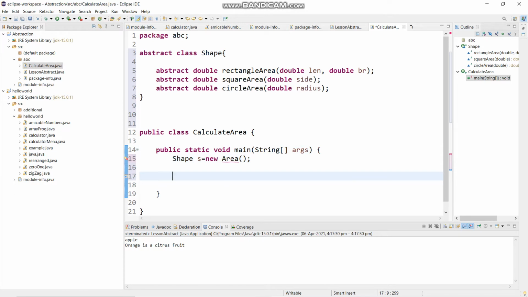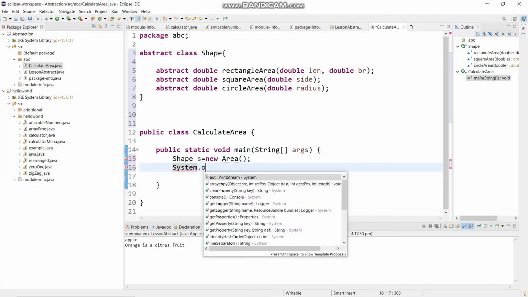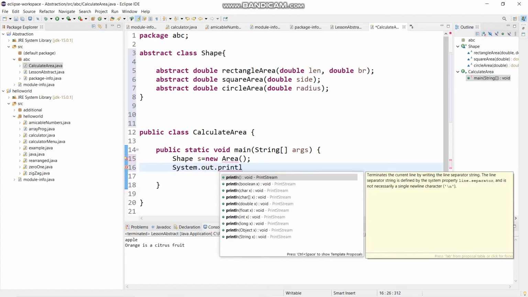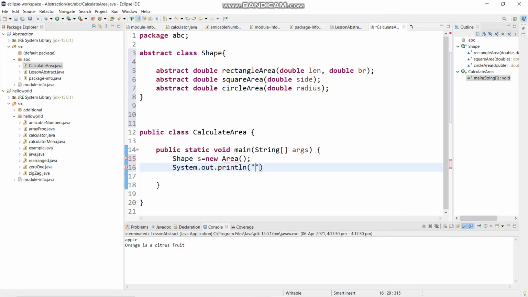So what I'm going to do is, I have to print this rectangle area. So System.out.println, and within the brackets I would say "Rectangle area:" and then the colon and slash n.